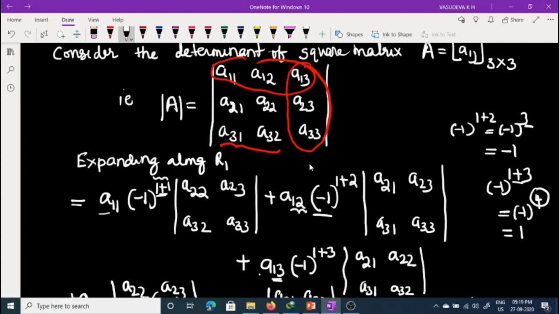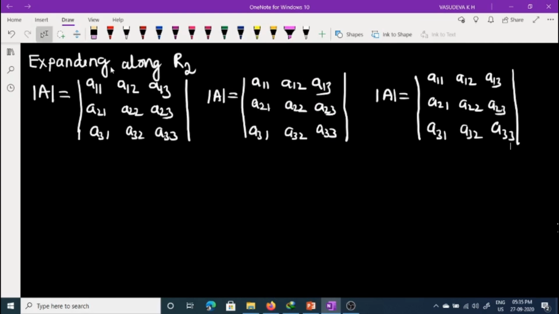First, now let us learn how to expand along other rows. Here we have taken R1. Now let us see how to expand along R2, column 1, column 2. So now expanding along R2, that is, the elements in the second row are A21, A22, A23. Now that is determinant of A equals taking the element